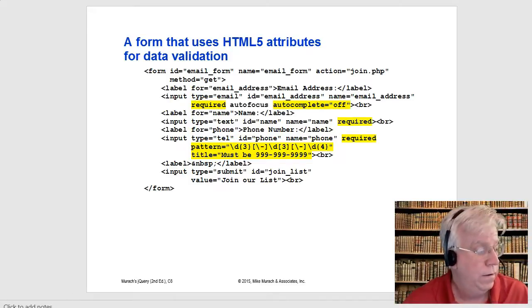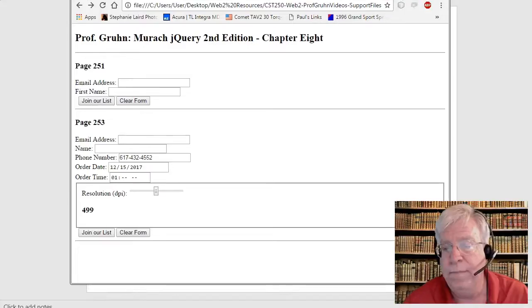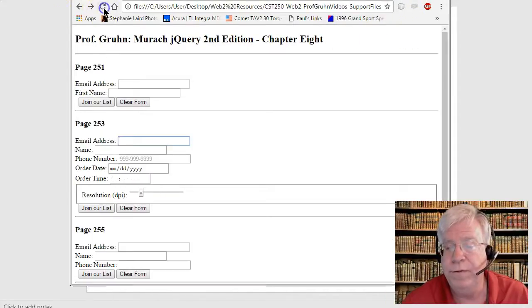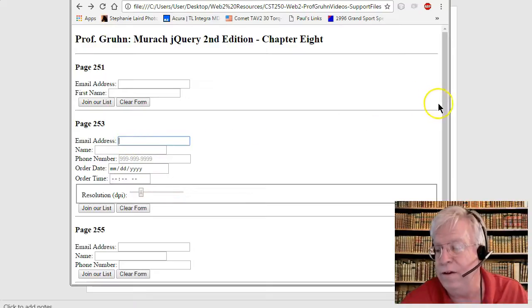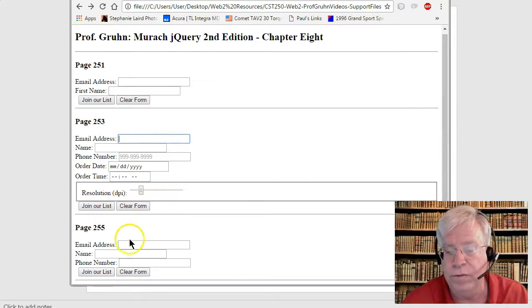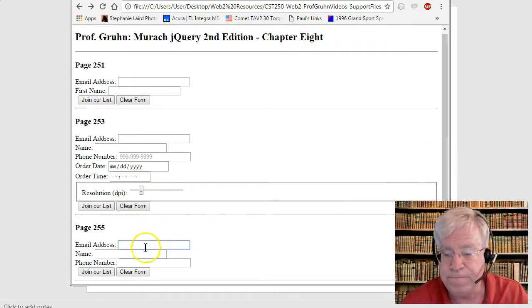And so let's see how this page works based upon the code from page 255. And I come up here, okay. Here, I'm in Chrome. I'm going to refresh the page. Notice it went up to 253. That's because the autofocus, that one took precedence. So we come over here. Now we have email address,